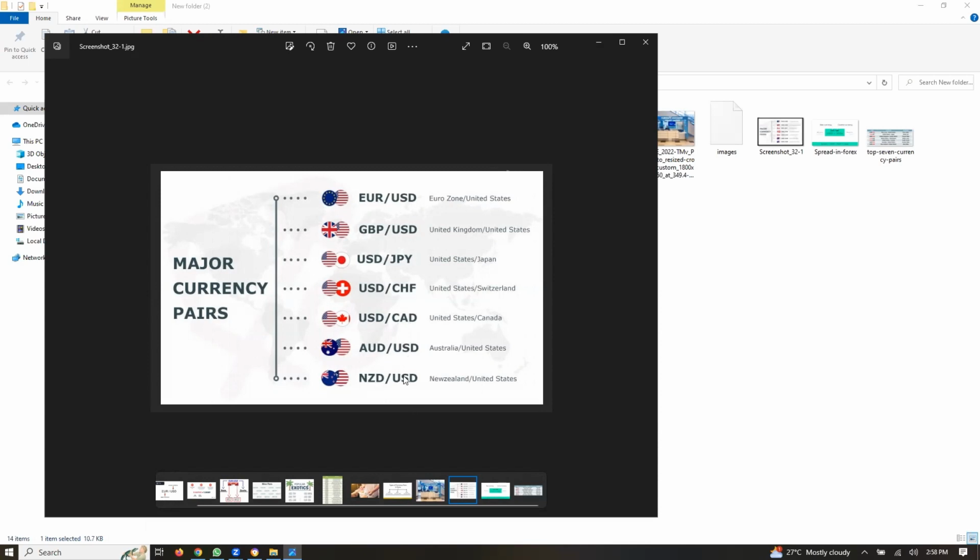So these are the countries that they believe have a strong or stable economy. So they have listed them as the major currencies. When you pair these currencies against each other, to know which one is stronger than the other within a given period of time in the market, we call it a major pairing.